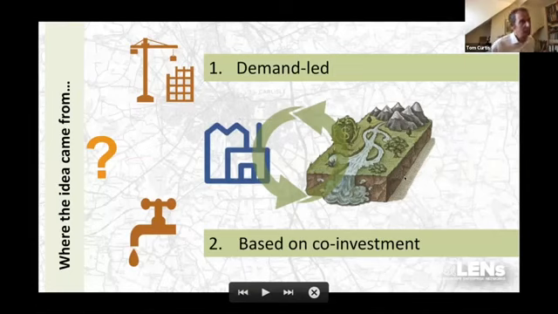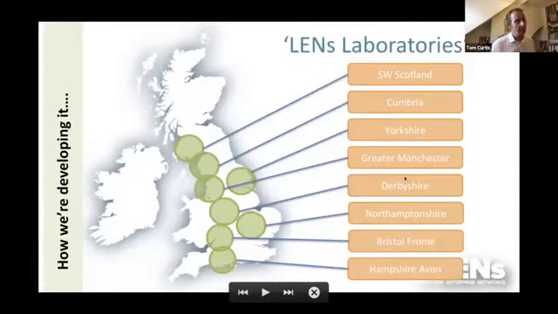So we thought, well, what should we do with this? We'll develop it into a process. And we thought we'd develop it into a process by actually doing it. So we've developed a Lens process based on these principles, these tenets, in a range of different landscapes across the UK. And over the last 3 years, we've developed active Lens landscapes where we're putting together essentially trades which have more than one demand side interest on one side and a range of different suppliers against those services on the other, in landscapes across the UK, in southwest Scotland, in Cumbria, where this all started, in Yorkshire and Greater Manchester, so an urban type landscape.